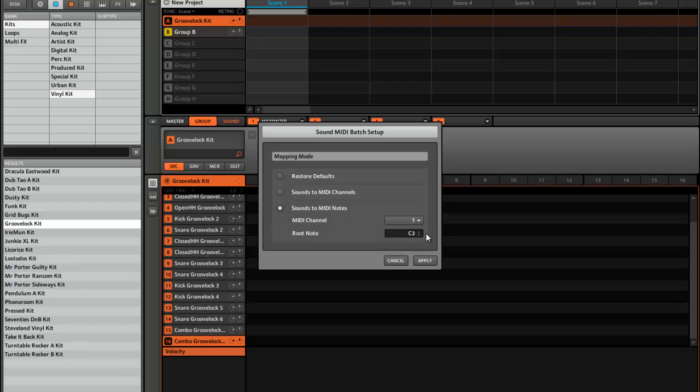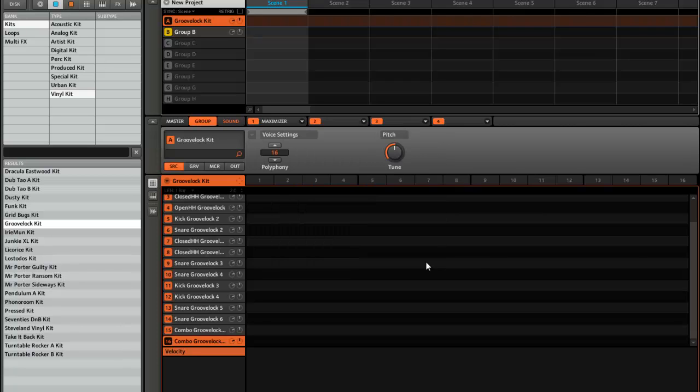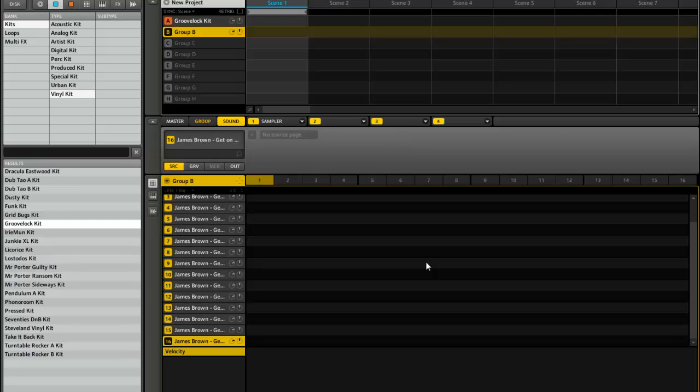So this is where our root note comes in handy. You can see here that the root note is set to C3. As you remember, our root note was C-1, so we're going to go ahead and bring this down to C-1, and then we're going to go ahead and hit apply. Okay, so now I'm going to hop over to the James Brown,